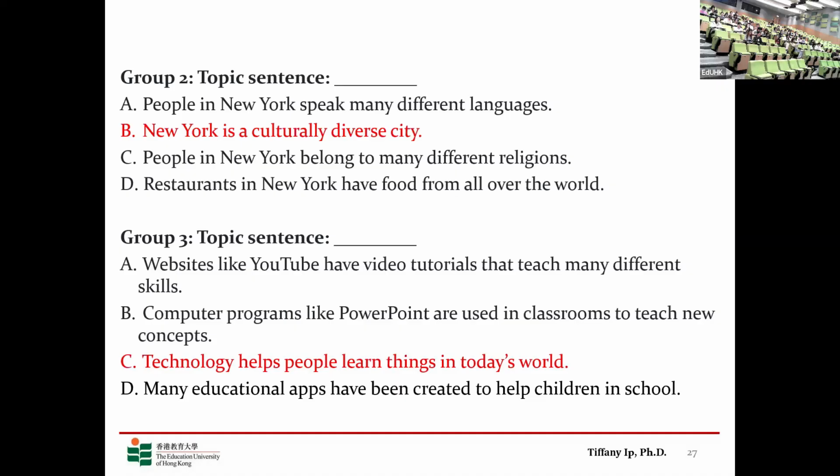children learning at school, right? One thing I want to highlight, okay, this exercise is for you to understand what is a topic sentence and what are the supporting details. If you are to write a topic sentence in the academic setting, do not use the word things. Yeah, so remember what I've mentioned here. So just put a bracket for the word things. You can simply say technology helps people learn. Yeah, it's good enough.